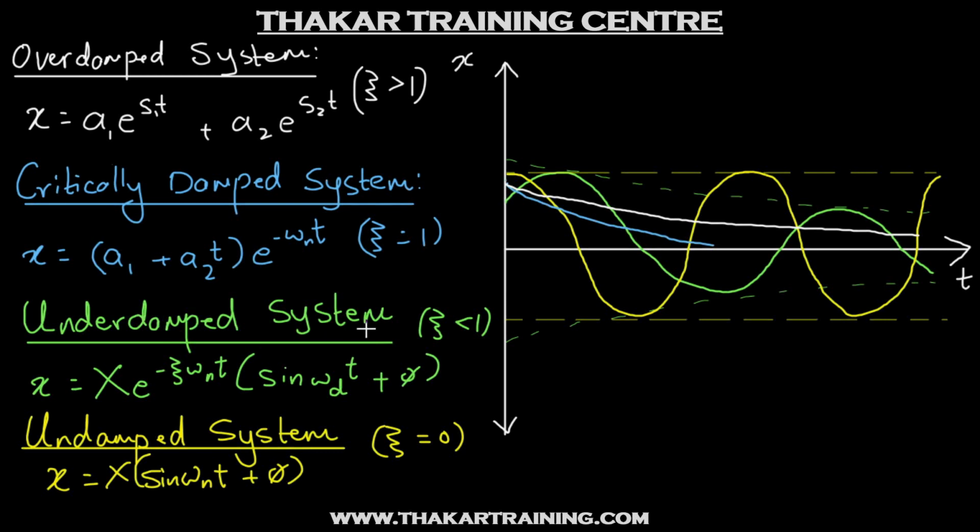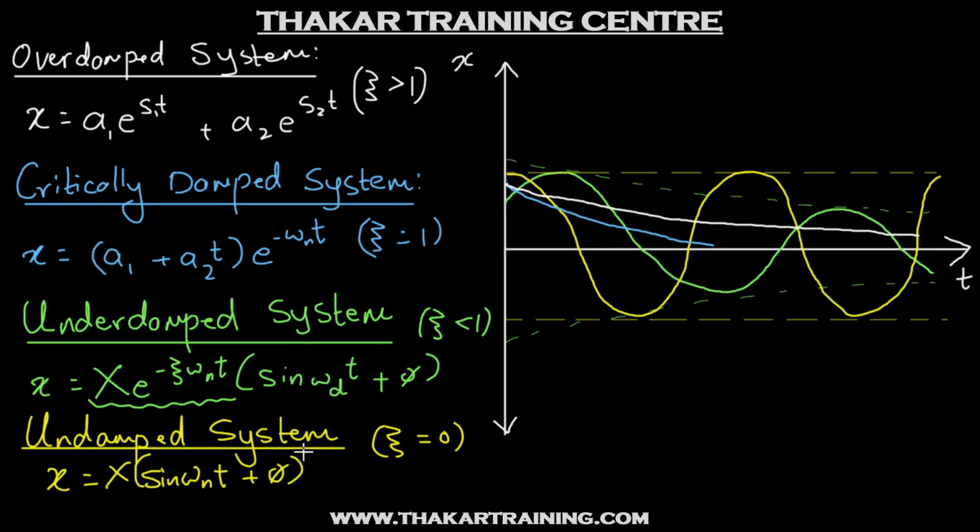Then for the underdamped system, what we have for amplitude is an exponential term. So this green dotted line is marking the exponential, that is e raised to minus zeta omega n t. You just mirror it on both sides because this sine term will become positive and negative alternately. So the mirror image of that curve is the one you see in the lower part of the graph. And then the actual position x will just be bounded within those green curves. That is how we see the response of an underdamped system.